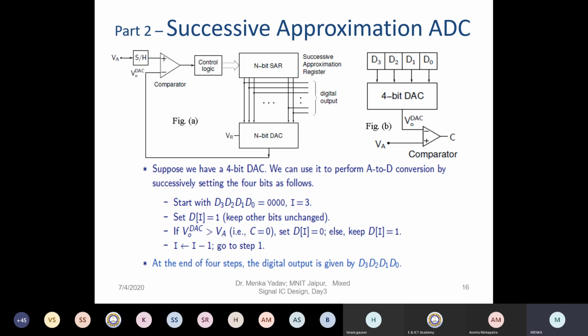So 100, I'm just typing in the chat box, 100 divided by all ones. So this becomes 1 by 2 into V reference, right? If you are assuming V reference to be 1, then it is fine. Otherwise you just multiply it with V reference. Sorry, I should make it 2 raised to power 4, so 2 raised to power 4 becomes 16. Okay, so this becomes V reference. Please see the chat box.